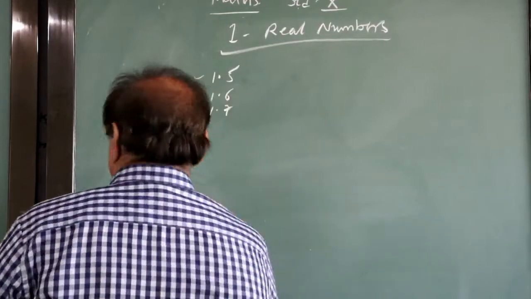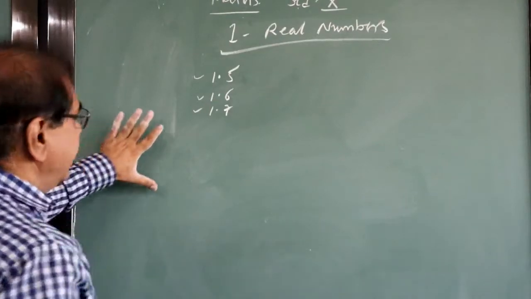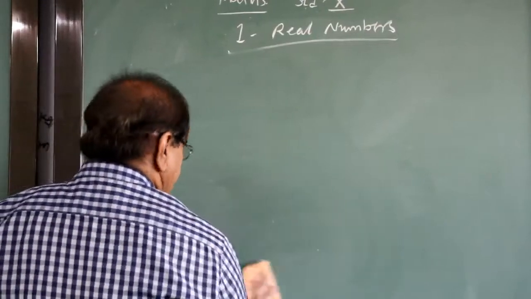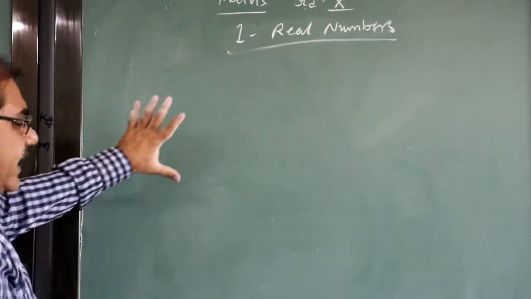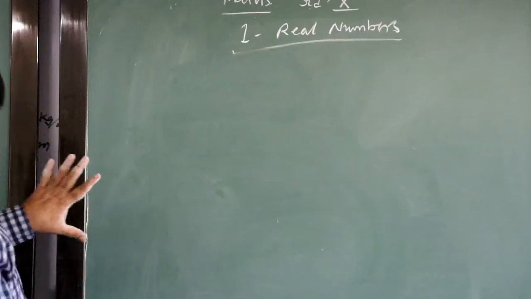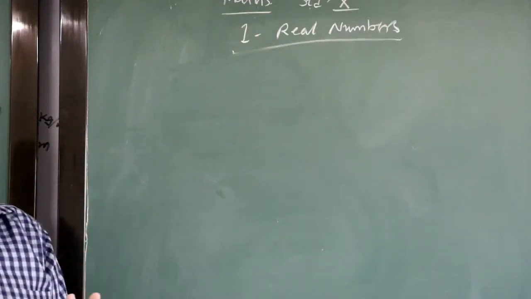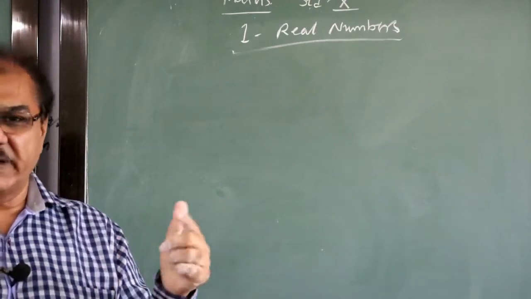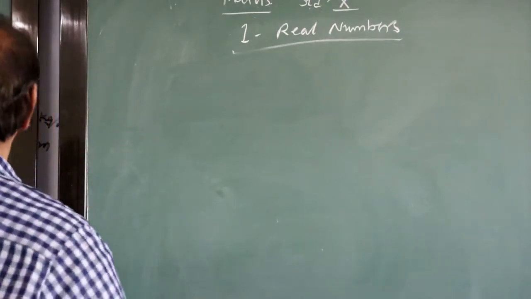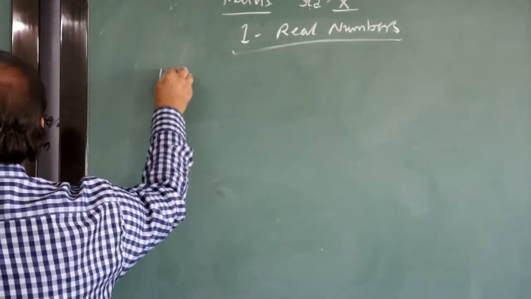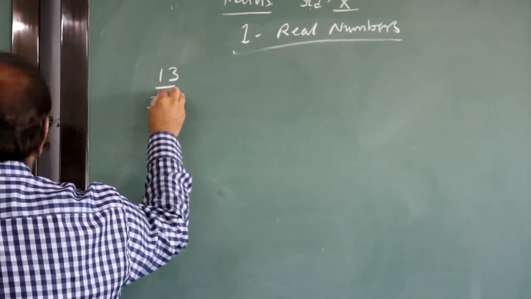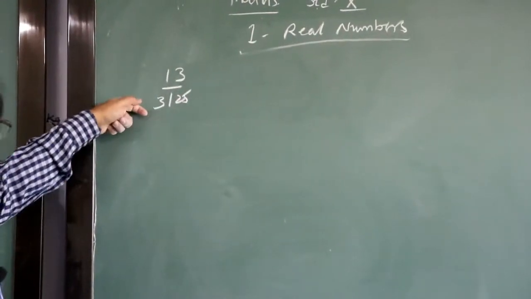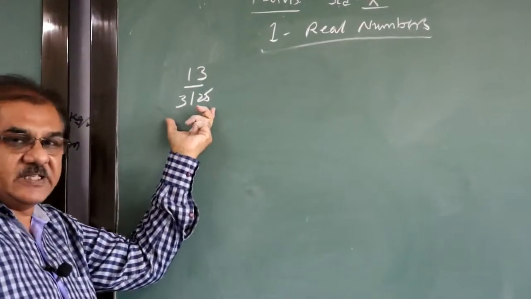Using all these 3 theorems, now I write certain examples here. You do not have to factorize them exactly, but looking at the fraction, you have to tell whether it will have a terminating or non-terminating recurring decimal expansion. That only you have to say. First of all, I write 13 upon 3125. So what to do? It is in p upon q form. So we factorize this q.